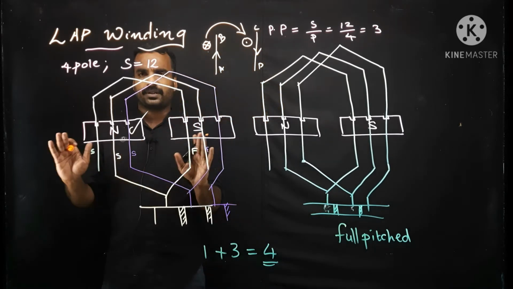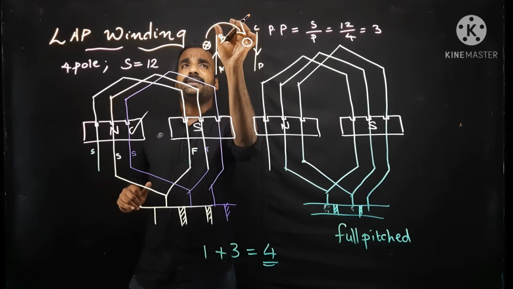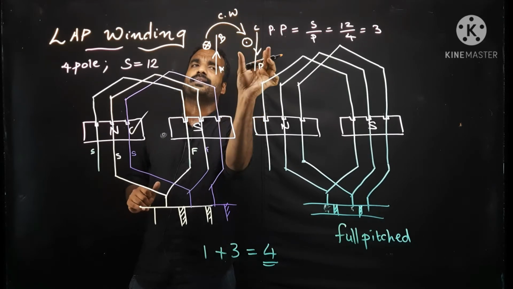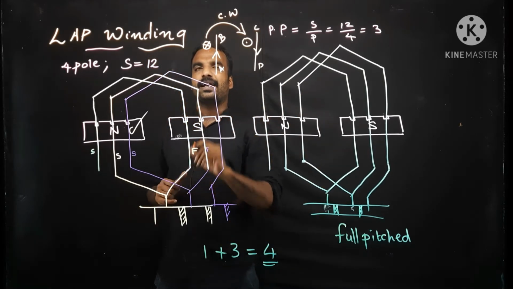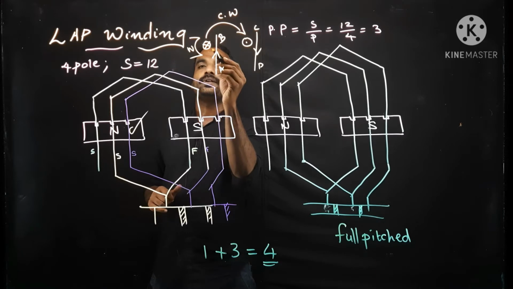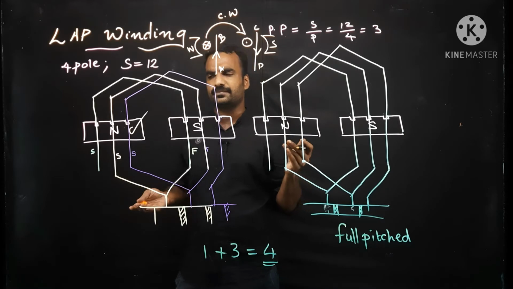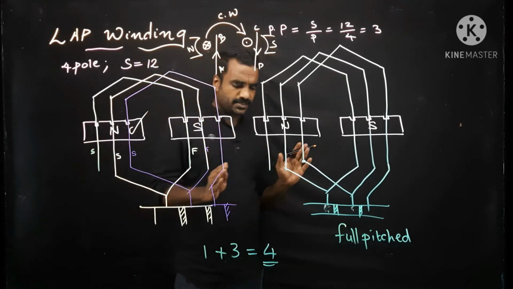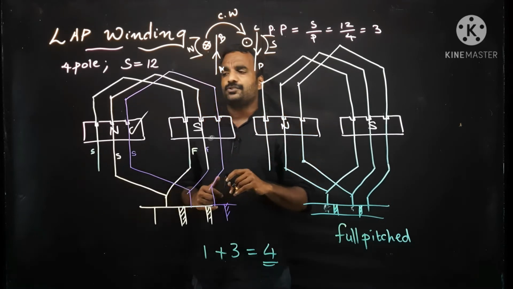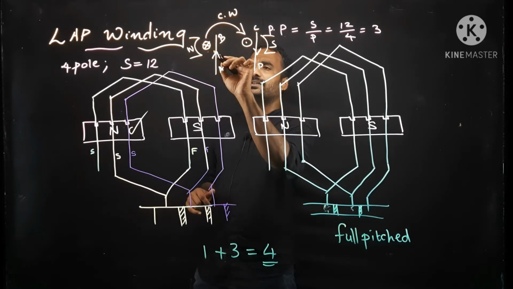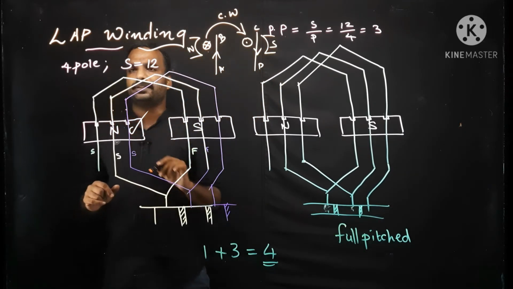You have to keep this notation in your mind. Here you are not speaking anything about the rotation, but if you are rotating the rotor clockwise, only then you will get this notation. If you are rotating anti-clockwise, what happens? Under north pole you will get dot, and under south pole you will get cross. It will reverse. So, in my lectures, I am always assuming for a generator I am rotating in clockwise direction, so that I will get cross in conductors under north pole. So all the three conductors are placed in north pole.